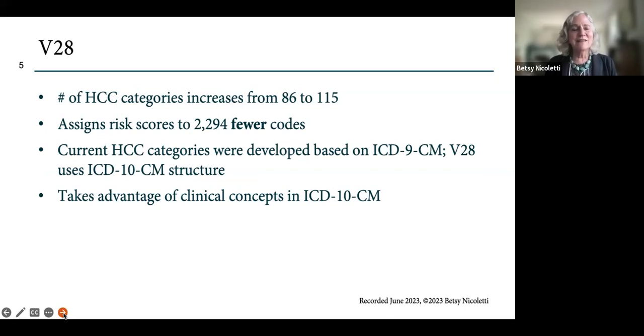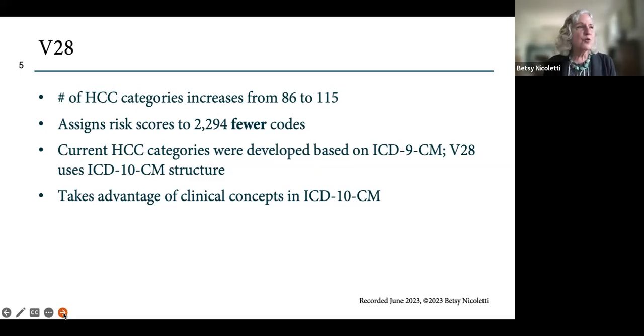Version 28 takes advantage of ICD-10 structure and clinical concepts. So the number of HCC categories increases from 86 to 115, but the actual number of ICD-10 codes that has a risk-adjusted score assigned a coefficient decreases by